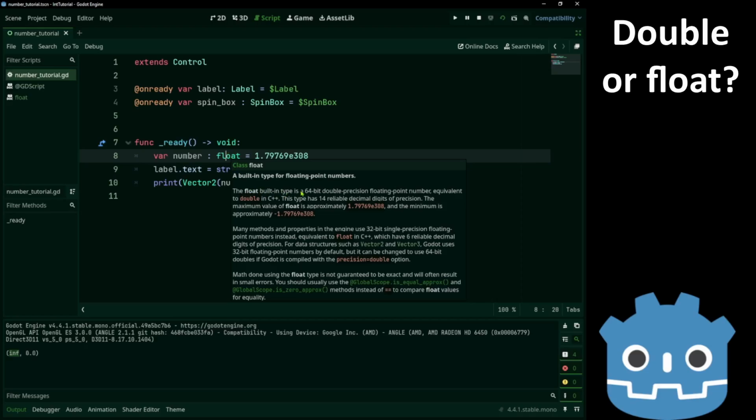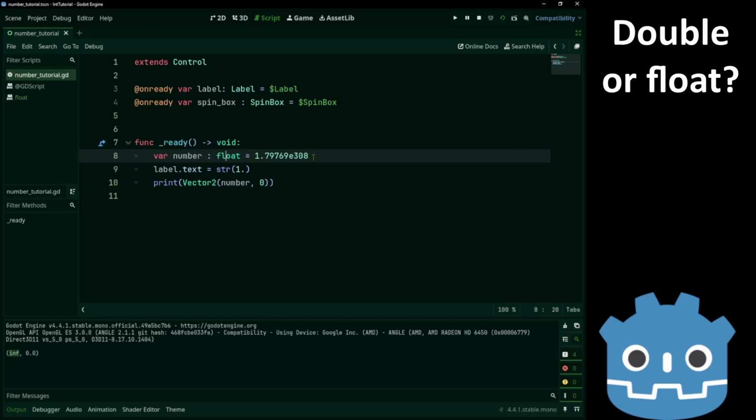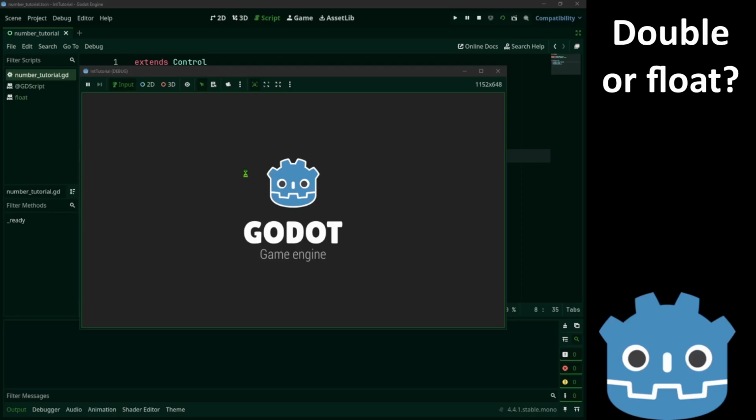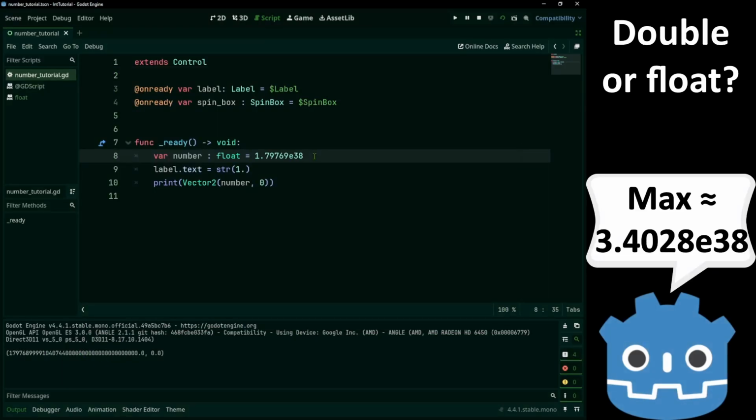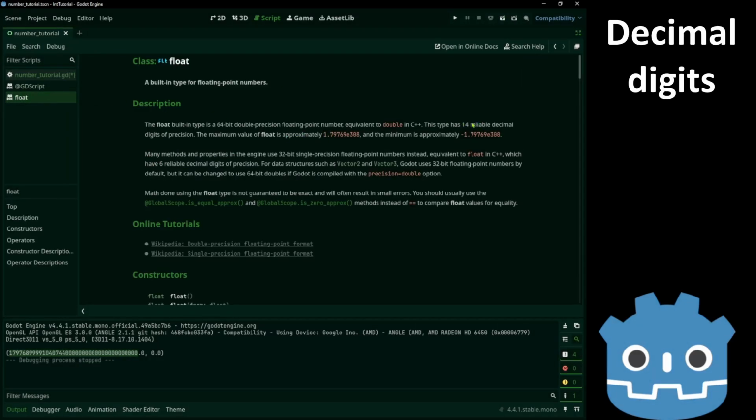That's because float is 64 bits, but the vector is 32. Let's try a smaller number. Okay, this works. Now let's see the amount of decimal digits. It says 14.